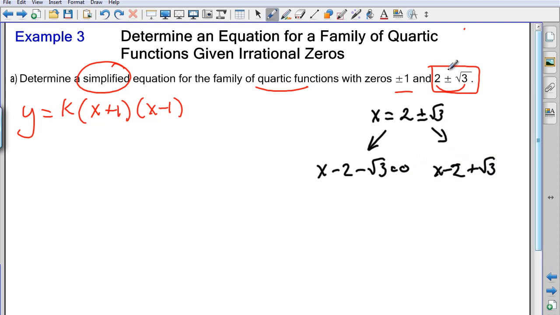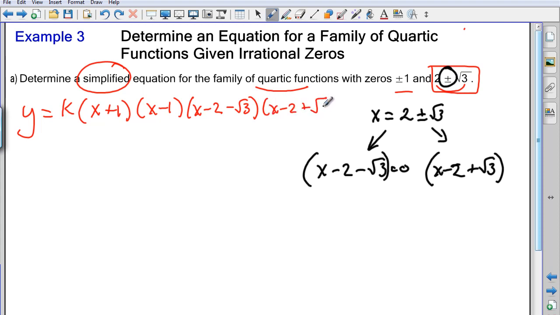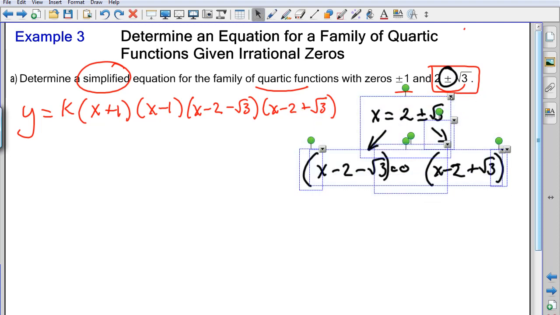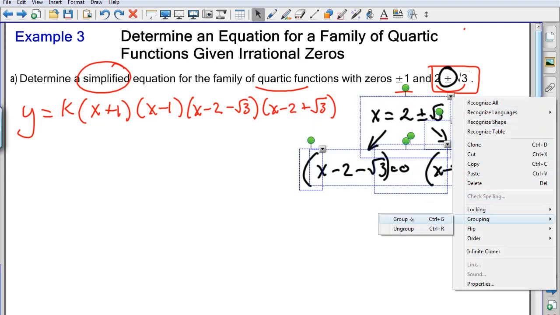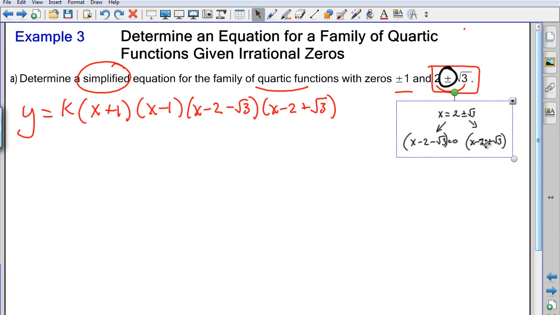So notice what we've done, we've just taken the plus or minus, recognized that you can have plus √3 or minus √3, and we've represented them. Here are the factors. Now they look a little bit different than what we're used to, but that's okay. We're going to plug them in anyways: x minus 2 subtract √3 and x minus 2 plus √3. This scrap work over here, I'm just going to clean up a little bit and shrink down. I still like it there because it helps me remember what those x-intercepts are. Moving along,